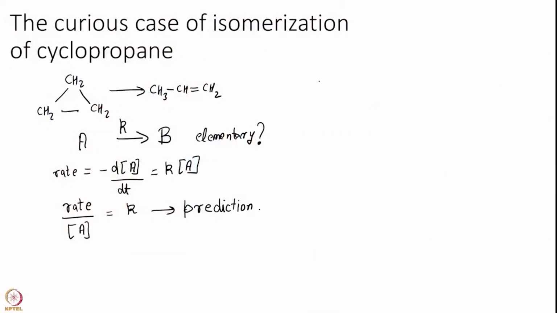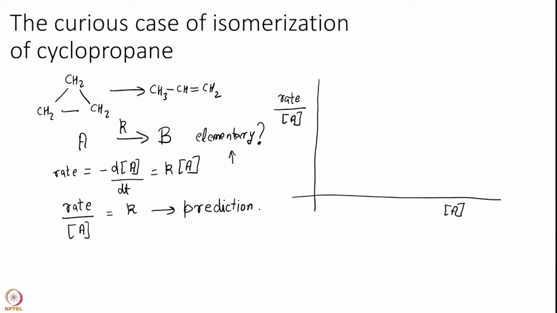So, what people did is, they were smart experimentalists, they plotted rate divided by concentration of A as a function of concentration of A. So, take a little pause and draw this graph on your own first on what you expect if this hypothesis is true. So, please pause the video and fill in this graph on your own. Okay. Hope you have an answer with you, a graph with you.